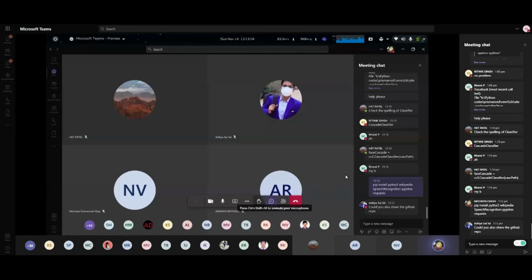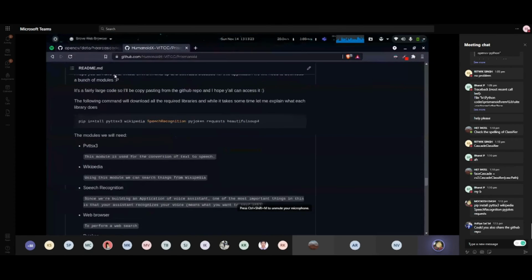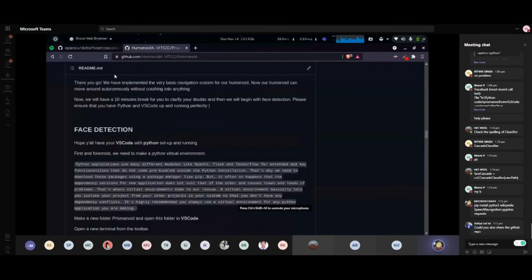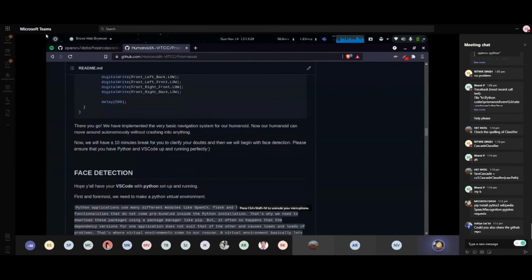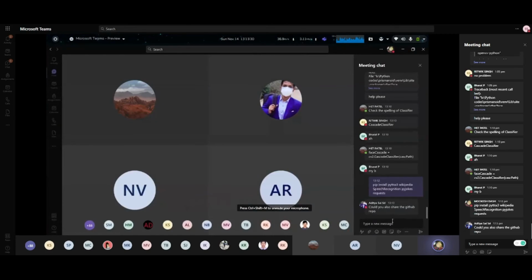Could you also share the GitHub repo? Yeah, I'll share the GitHub repo right about now. Can you share the GitHub repo in the WhatsApp? Yeah, sure. Share the entire repo.